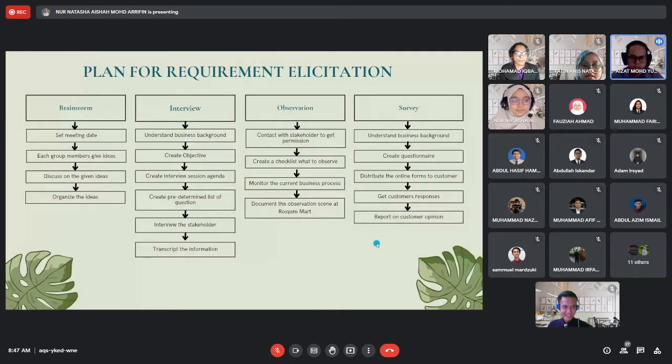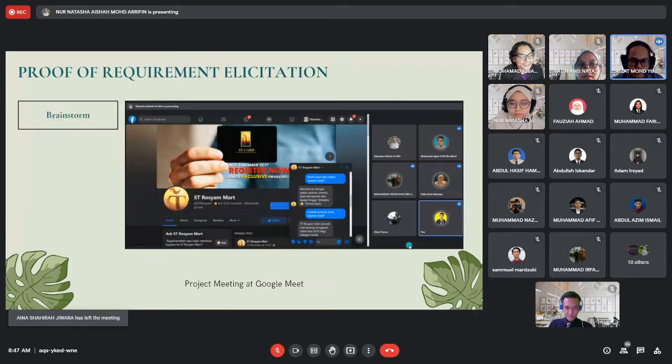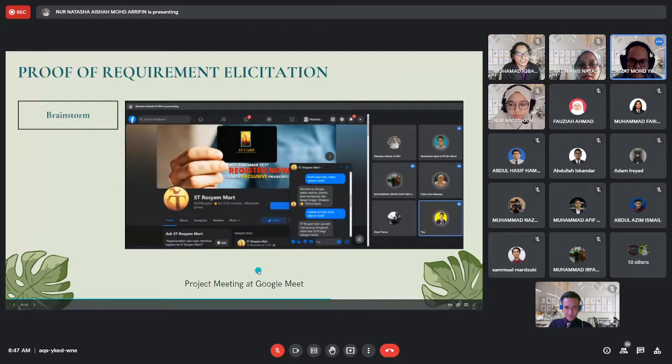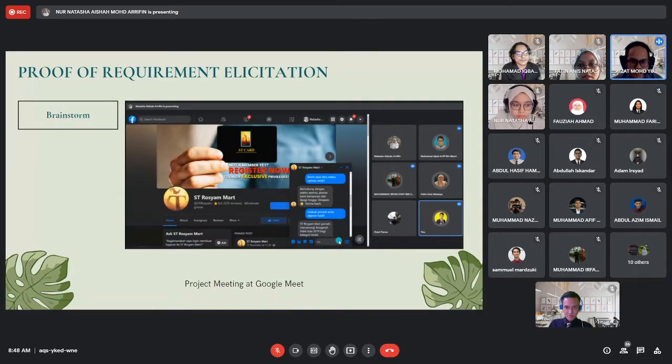Thank you, Iqbal. So for our plan of requirement elicitation, as you can see, we have created a flowchart for each elicitation technique. We use four elicitation techniques, which are brainstorm, interview, observation, and survey. So for brainstorm, we made a project meeting on Google Meet to discuss problems to be solved for Rosham Mart. Next,